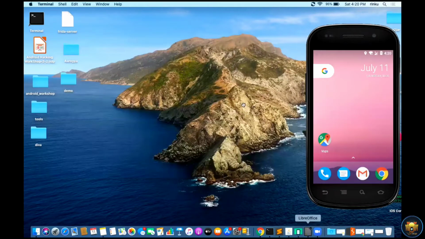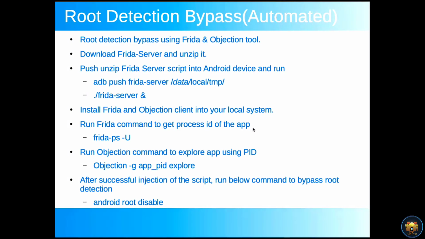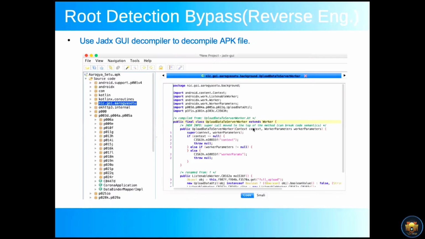Now let's move to the manual method. In the manual method, we can use reverse engineering. Here we can use a JD-GUI decompiler. Before that we used JD-GUI, and we can also use it here, but I am using JADX GUI, a more advanced tool.